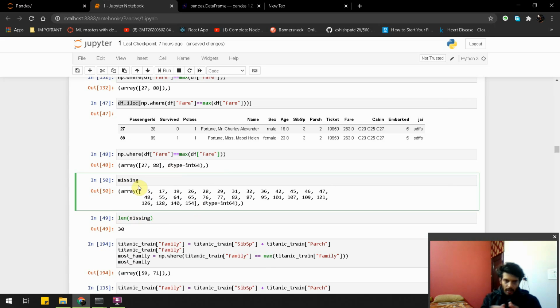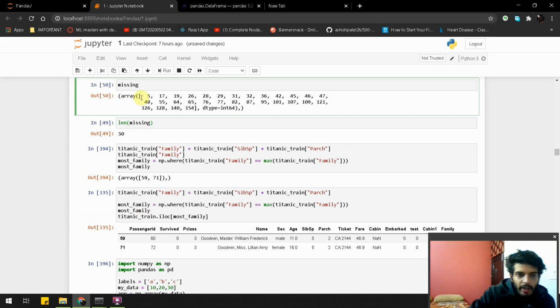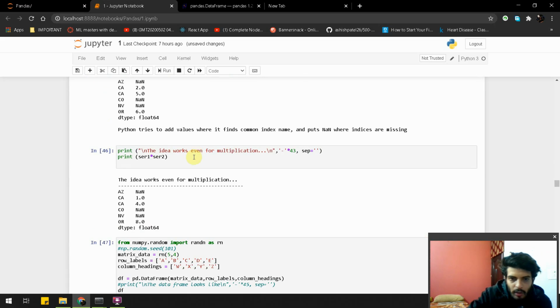There are actually 30 values in our missing array. It is an np array, because numpy is an array, and I will be covering that in my next video. So we have done a lot.